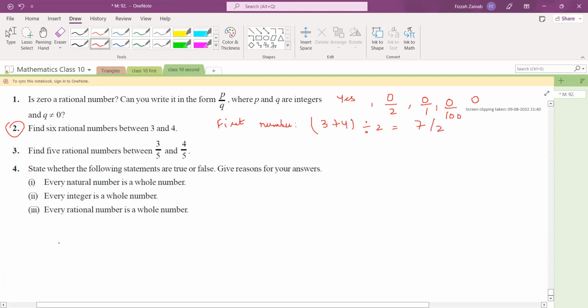If you think in your mind, for example, you have 3 on the number line and then you have 4 here. Somewhere, let's say you got 7 by 2. I'm not sure where it will lie, but let's say it is lying here. This is actually your rough part, right? Now, if I add 3 and 7 by 2, I'll get a number which will lie in between, right? So the second number will be